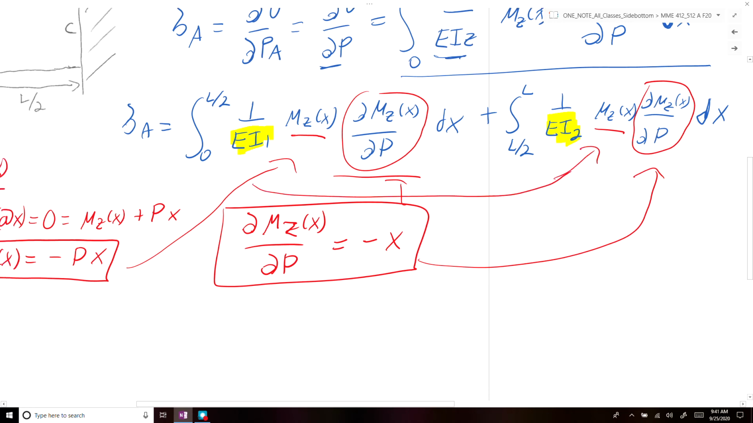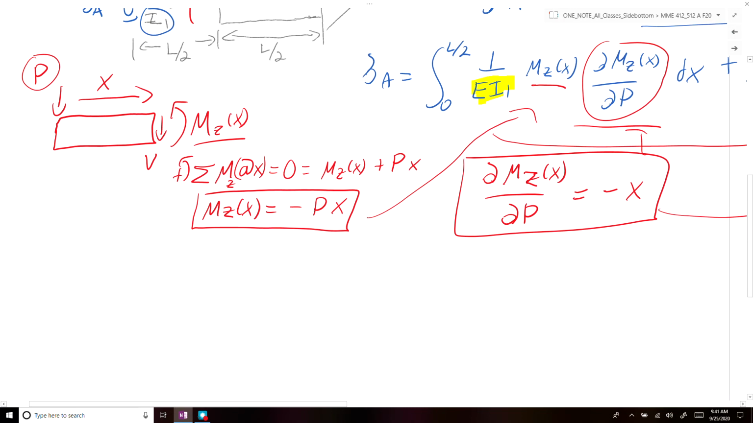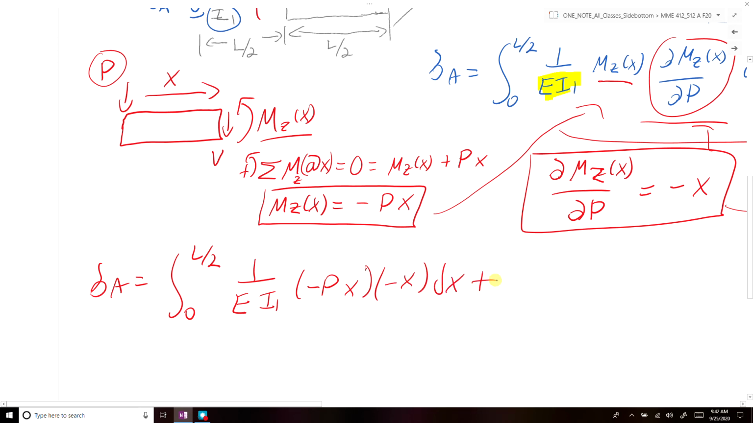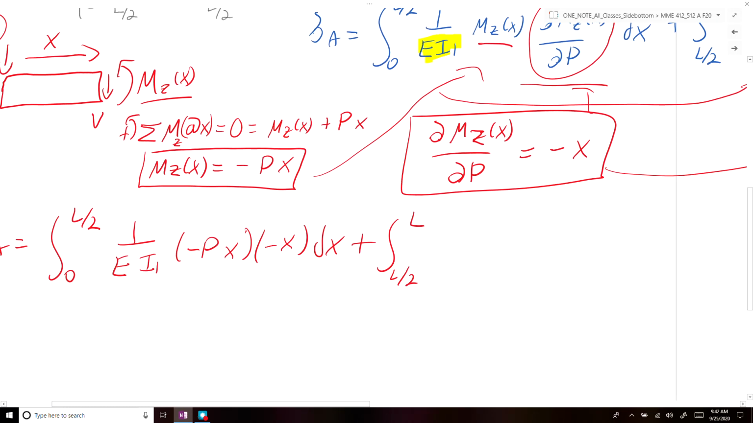Alright, here, and we'll solve for those. Solve for delta A. Okay, so just plugging in, you get delta A is going to integrate from 0 to L over 2, 1 over EI1 times Mz of x. Sorry, so Mz of x, I should plug in here, is going to be equal to minus P of x times negative x dx plus the integral of L over 2 to L of 1 over E to the